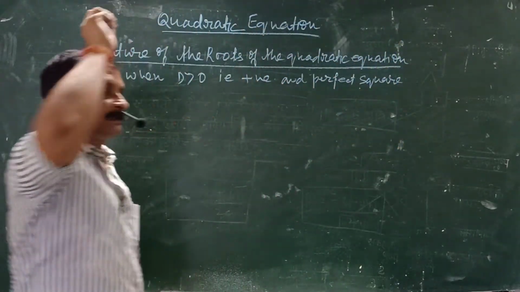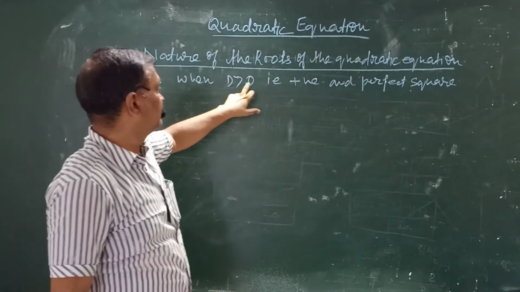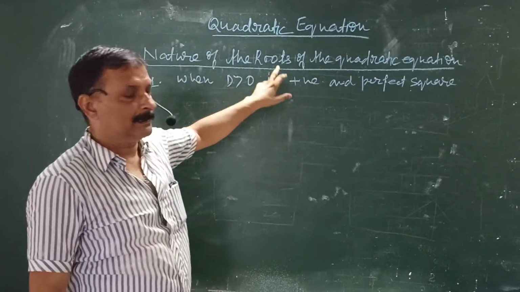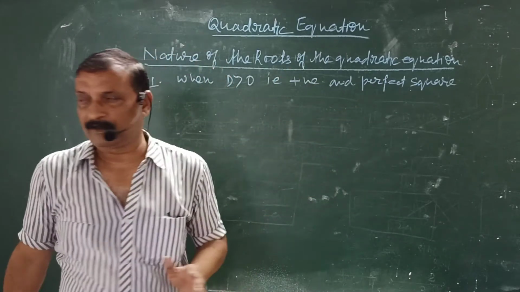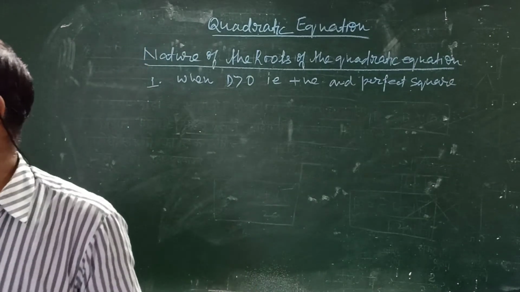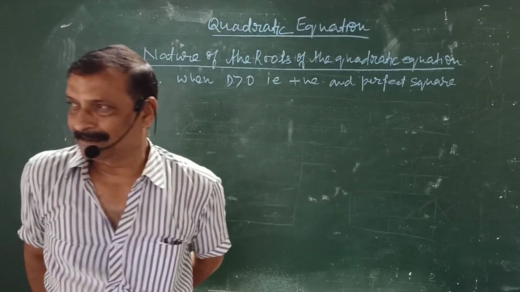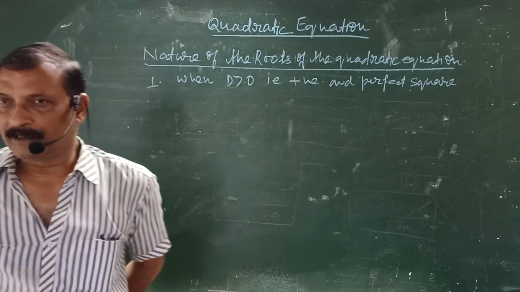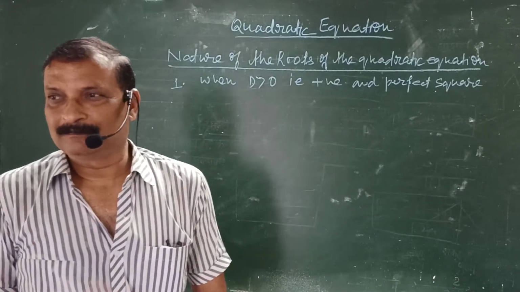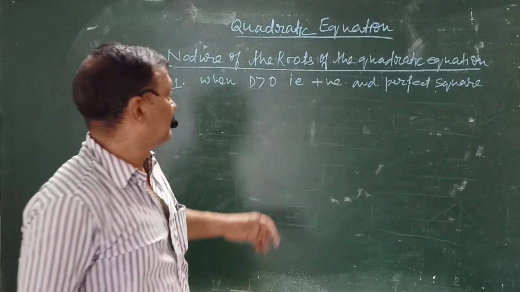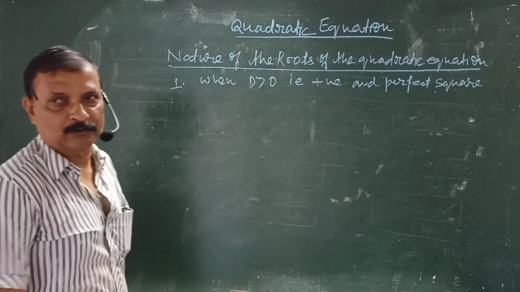The first rule of the nature of the roots is that when D is greater than 0, i.e. such that positive value of D and perfect square. You all know, a perfect square is something whose square root is a whole number, for example 16 is a perfect square, 25, 49, 64 are positive perfect squares. Then when D is greater than 0, i.e. positive and perfect square, then the roots are